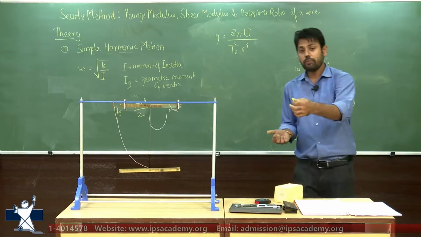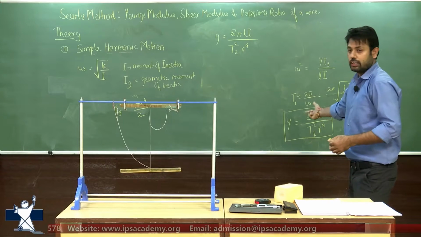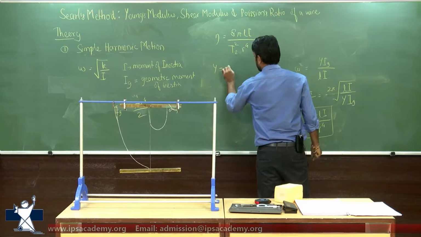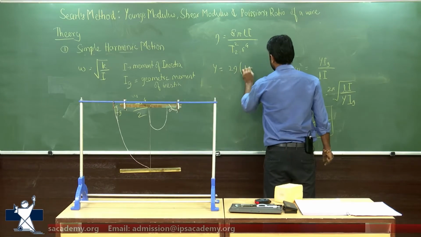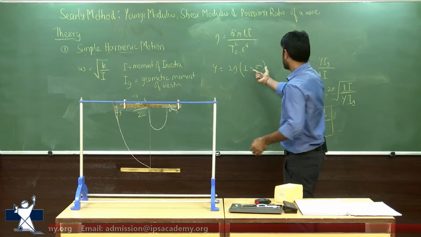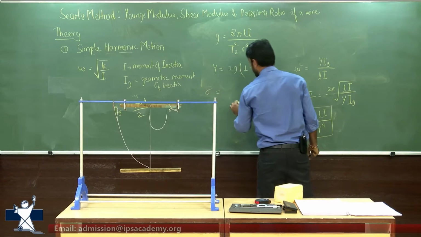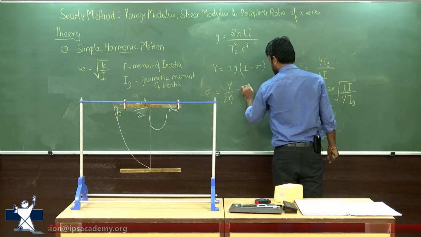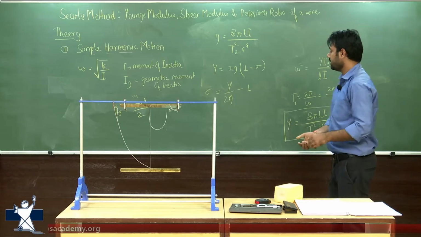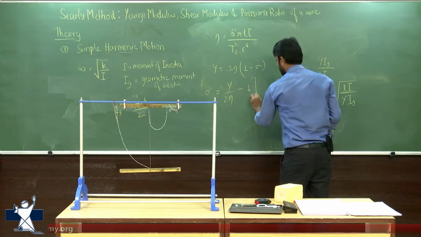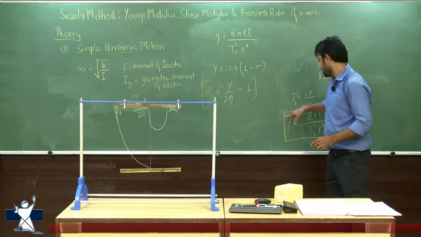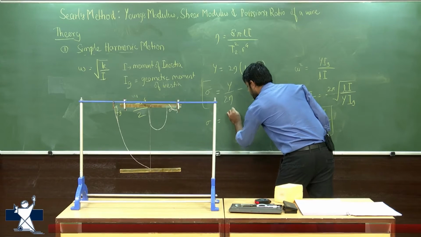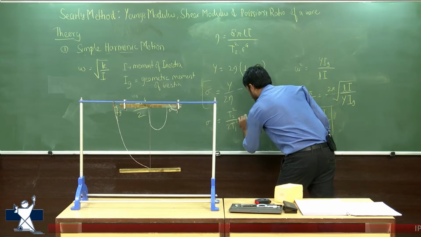Okay. So once we have measured these two quantities, Young's modulus and shear modulus, we can just use the relation, this one, Y equals 2 eta (1 minus sigma), to measure Poisson's ratio. So let's get this Poisson's ratio. Poisson's ratio will be equal to Y upon 2 eta, minus 1, right? So this is your formula. So I'm going to put these two values here and get the formula for Poisson's ratio, which will be equal to T2 square by 2 T1 square minus 1.